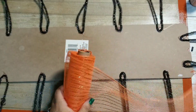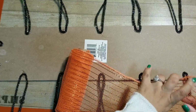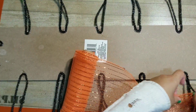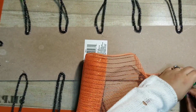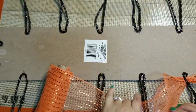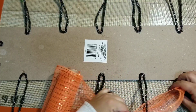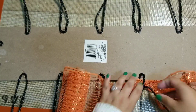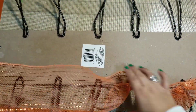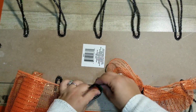Okay, so I have hot glued all of my pipe cleaners to the sign. And the next step here is to grab our orange deco mesh, and just like we would with a regular wreath, we're going to tie a section of the deco mesh to the pipe cleaner. Give about 5, maybe 6 inches in between. You can measure or you can just eyeball it. Here I pretty much eyeballed because the sections aren't very separated. So I think I did about 4 to 5 inches, and just leave like a little poof in between